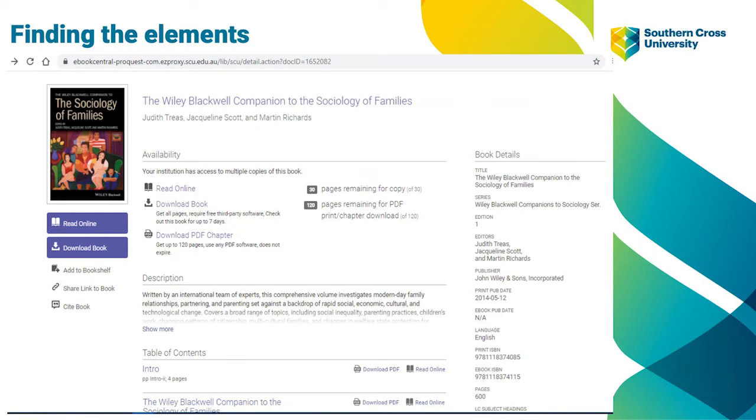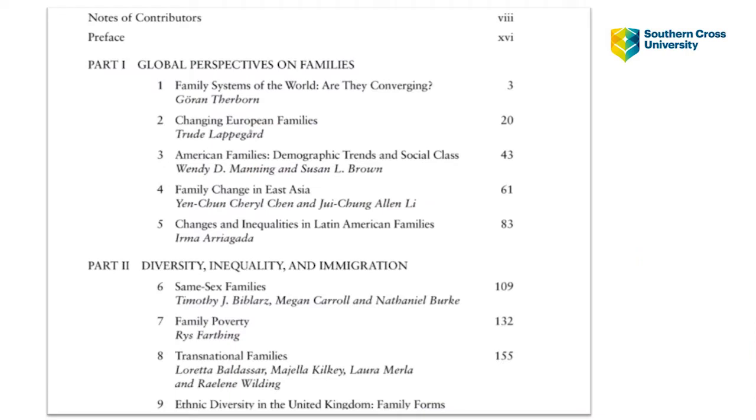So here is an example of an online library catalogue. Let's look at where the referencing information might be found. Now, it is difficult to fit the whole catalogue entry on this screen, so you may need to scroll down to find some of the necessary elements. For example, the first element needed is the chapter author names, so scroll down to the chapter information to find this information. So here we have the chapter information, and we're looking at chapter 3.